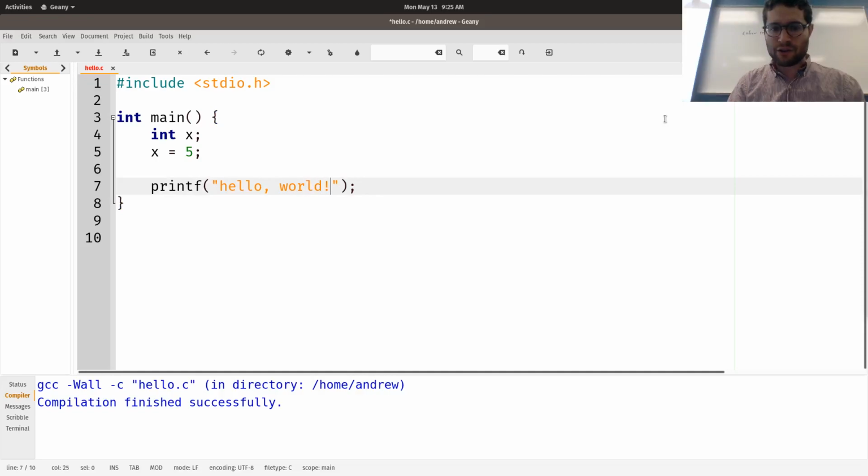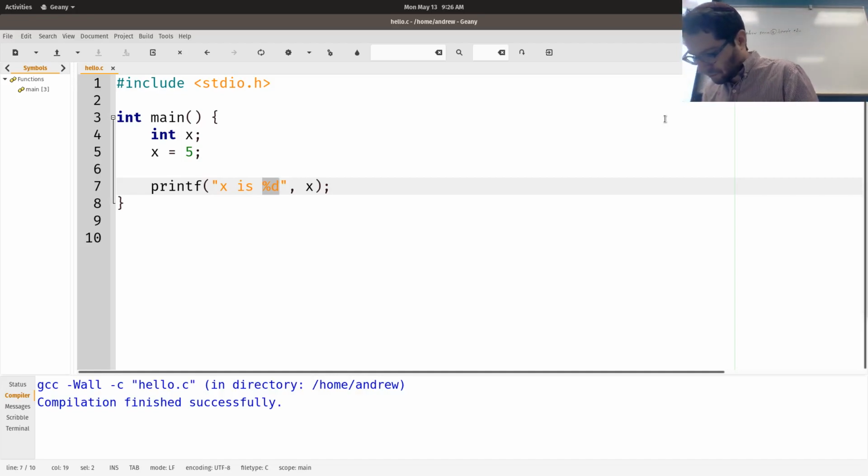Now I can go into this print statement and say printf, and the way of printing stuff, I do %d. Let me say, x is %d, and then comma, x. This comma and the x are outside the quotation marks. What this is saying is that %d is a placeholder for a decimal number.